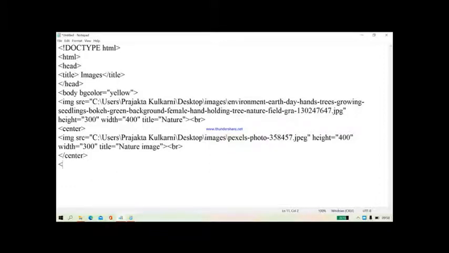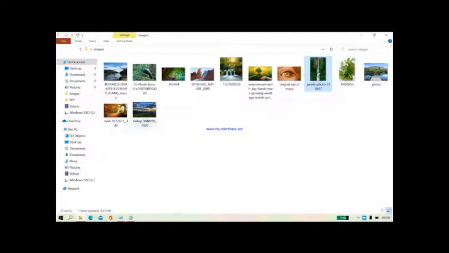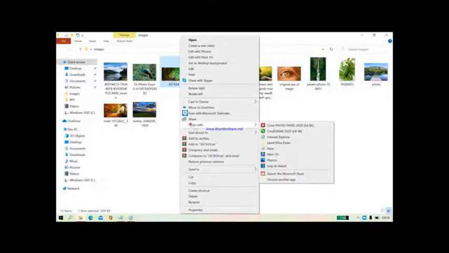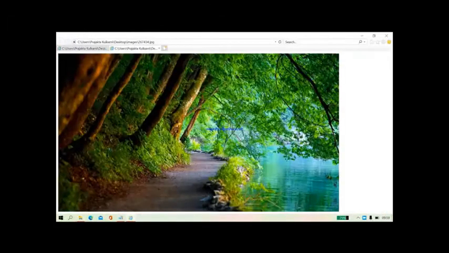Now the third image I want to align to the right hand side, so I will give P align equal to right to align the image to the right hand side. Again I will put the image SRC tag. After image SRC, whichever image you want, you take that image. Suppose I want this image, so open with Internet Explorer.